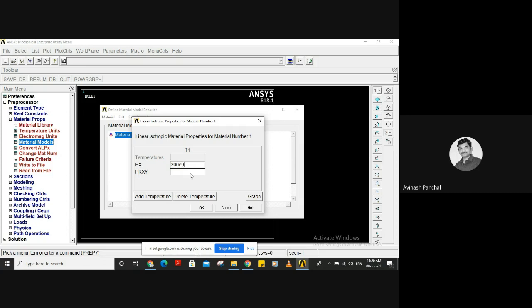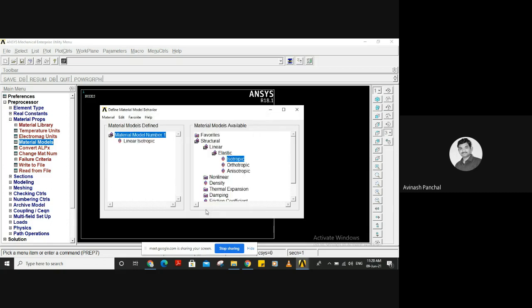Then Poisson's ratio, PRXY, we can consider as 0.3 over here, as the range for steel is 0.27 to 0.33. It may vary according to the material. Generally we can take 0.3, click on OK. So now don't forget to close this window.